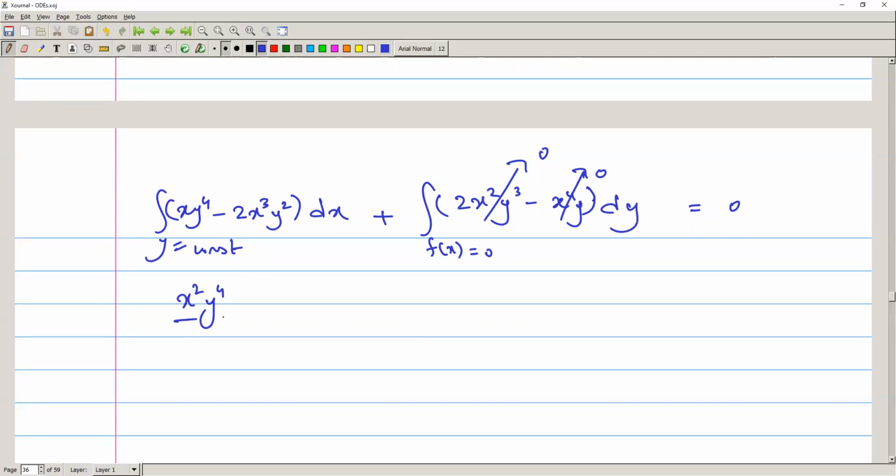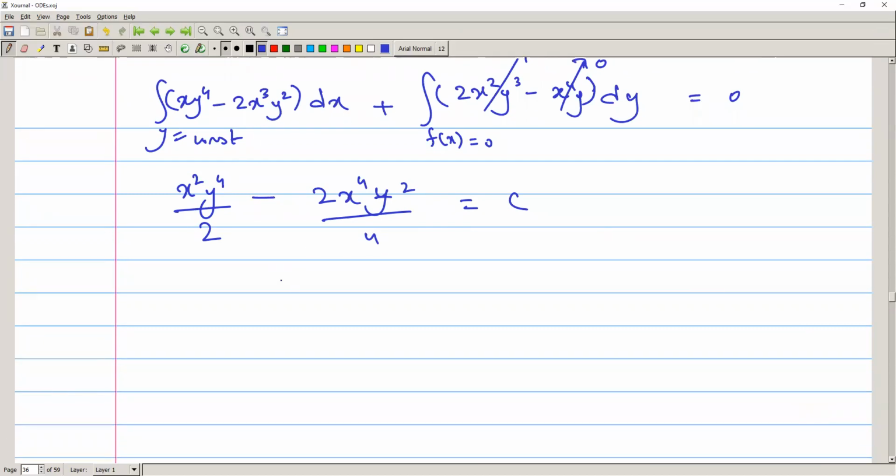So we will get x squared y to the power 4 over 2, negative 2x to the power 4 y squared over 4 is equal to c. Here we can just cancel the 2 with 4 in the second term. 2 ones are 2, 2 to the 4, so we will get x squared y^4 minus x^4 y squared